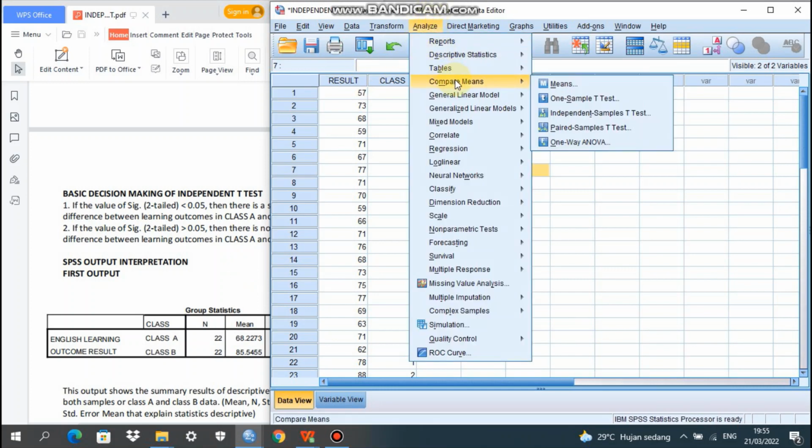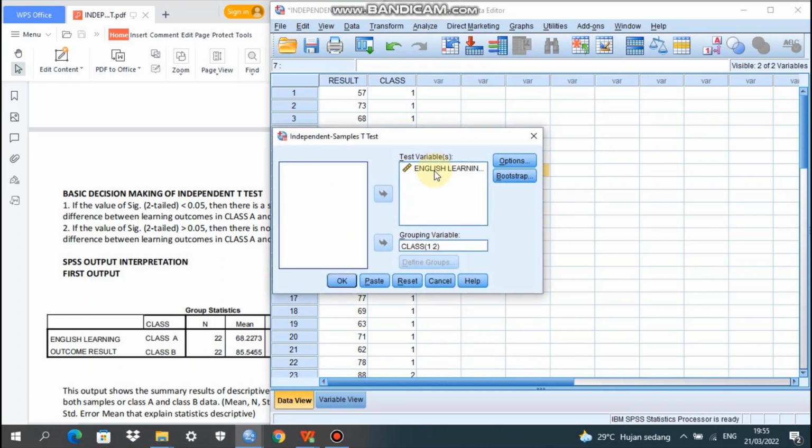We go to Compare Means, and then Independent Samples. English learning outcome result on the left side, we move to the dialog box, test variables. And class on the left, we move to grouping variable on the right.